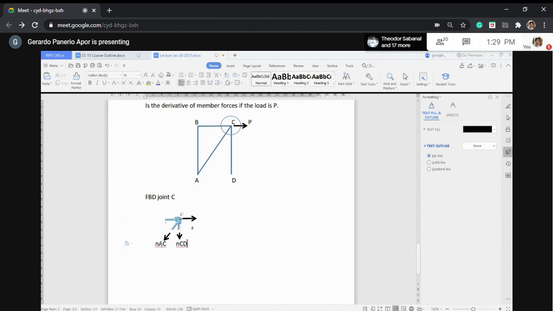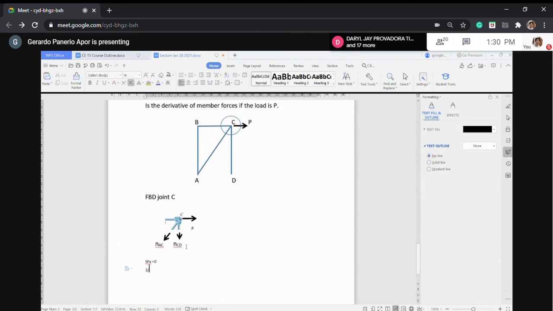Okay, so I make that as a subscript. So summation forces x equals to 0. We will have